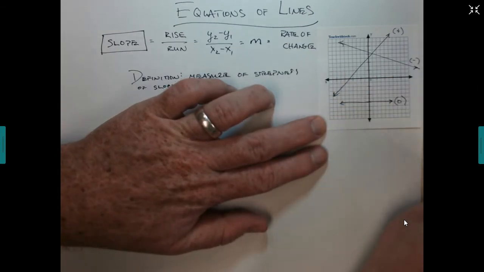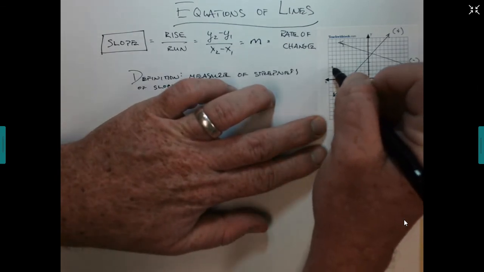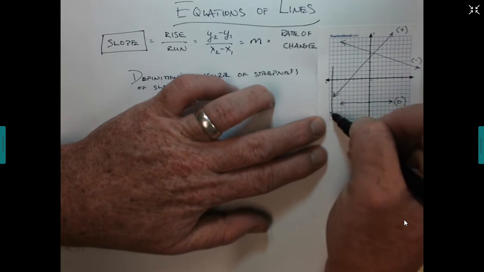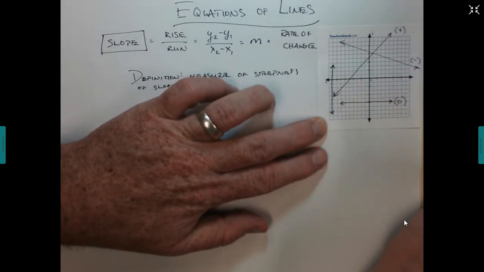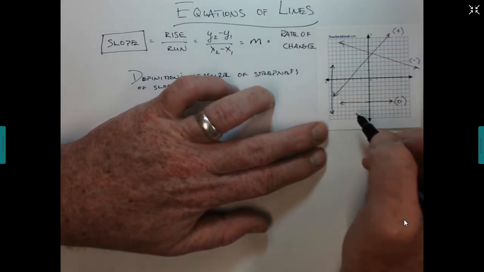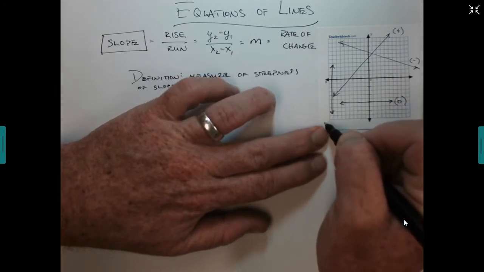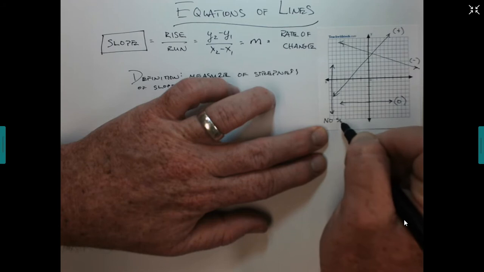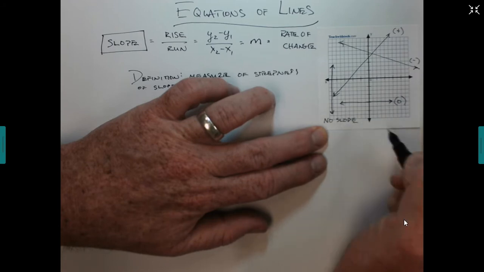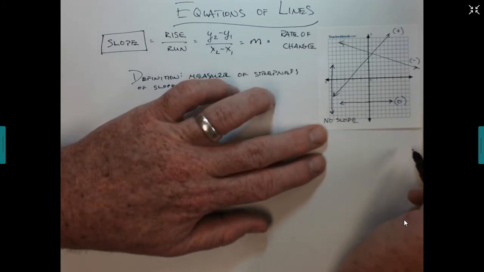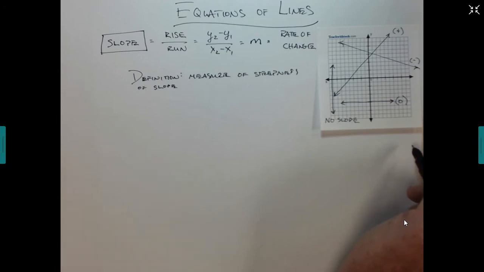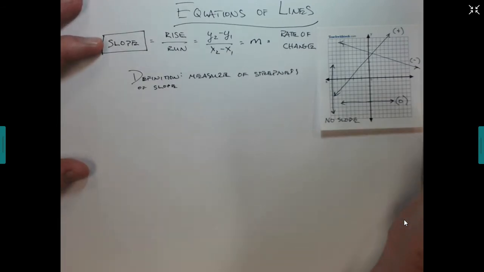A vertical line, I doubt anybody's going to go walk up a wall anytime soon. This is either an undefined or no slope scenario. Okay? Other ideas that we're going to be investigating is if we take a look at this positive slope,